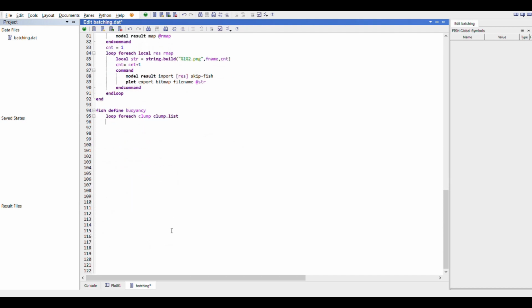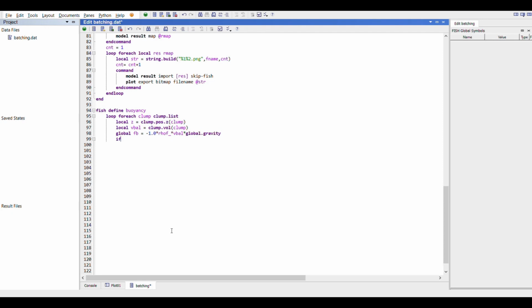buoyancy, in which we will check whether the particles under the water are above the water table. If it is below the water table it will experience a buoyant force, and if it is over the water table it will not experience any. There are so many other forces which a particle experiences once under fluid, like drag forces and other forces. I am trying to show you the basic formulation here. If you want to add other forces also, you just need to put the equations of those forces.